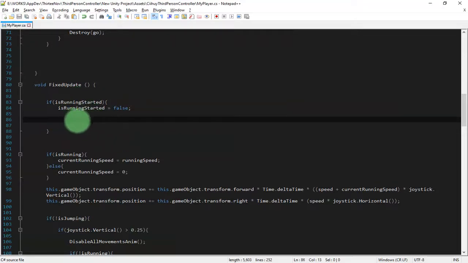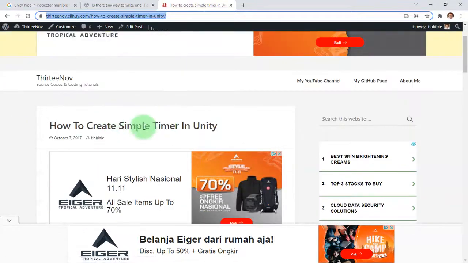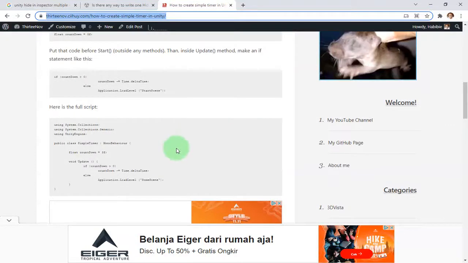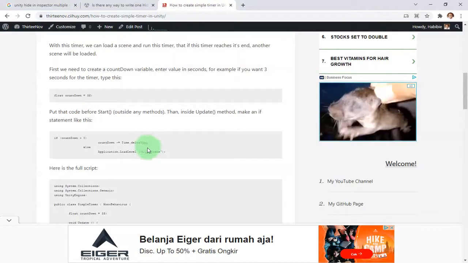I'm going to make a timer here. I have a blog post here about how to create a simple Unity timer without creating a coroutine, and it is this way. Because we are going to make a timer, we need another variable.